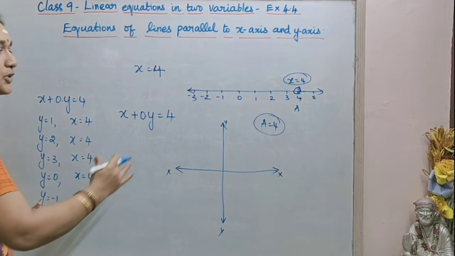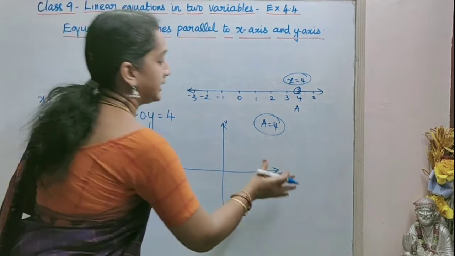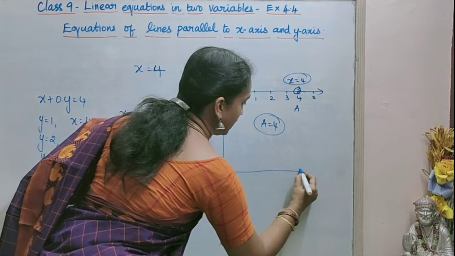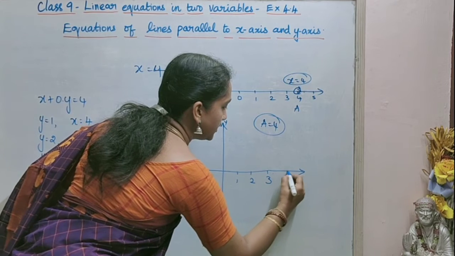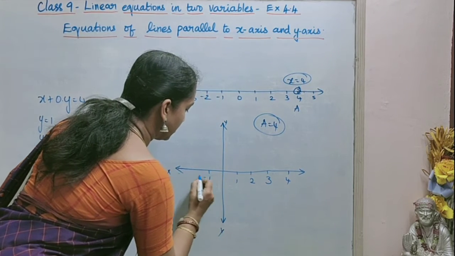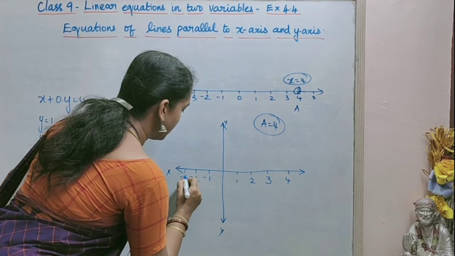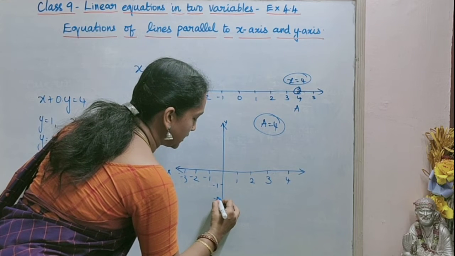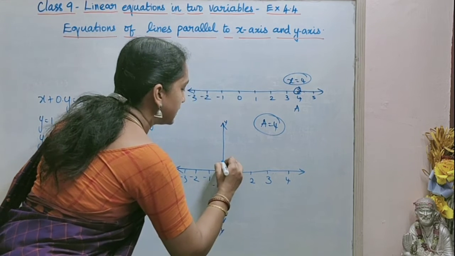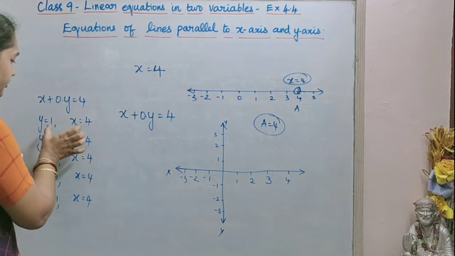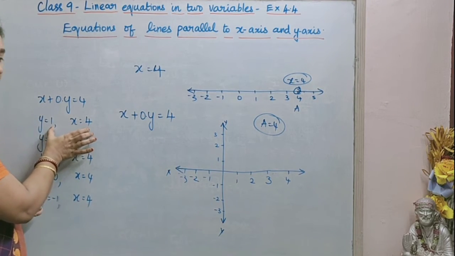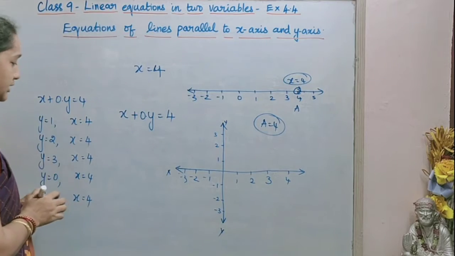If we are plotting this in the Cartesian plane, we mark 1, 2, 3, 4 on the x-axis, negative 1, minus 2, minus 3, and minus 1, minus 2, minus 3 for the y-axis, and 1, 2 and 3 for y. When we are substituting, we are going to plot this value in the given graph.